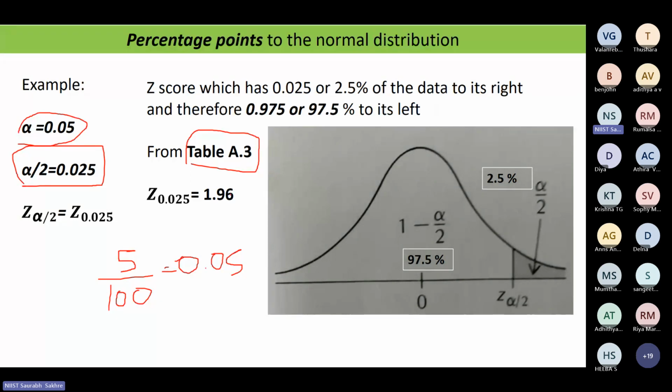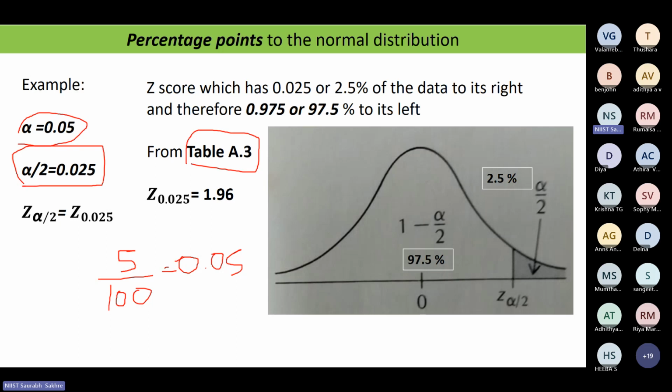So I hope this is clear to you that when I am taking a particular level of significance alpha, first I will divide it by 2 and corresponding to that proportion I will see the z value. Okay, I'll just repeat. First we will take alpha. It will be a certain proportion or percentage. Then I will divide it by 2 and whatever value comes, in respect of that value I will see my z value.